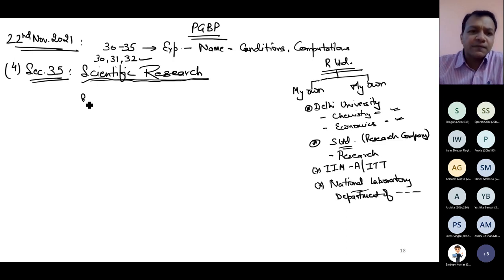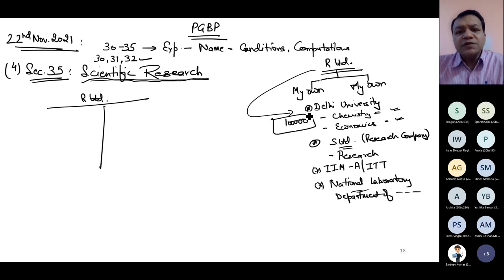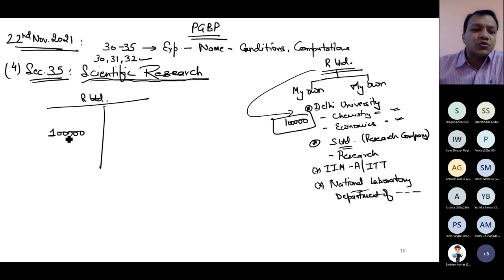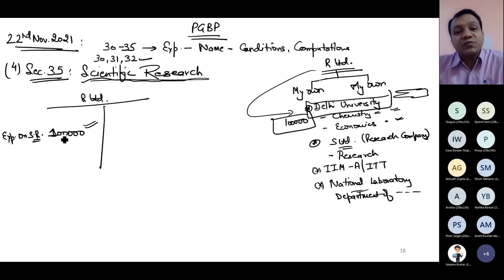Suppose this R Limited is a company, and this company has donated 1 lakh to Delhi University. Now it has nothing to do with the business of R Limited. Still, the Income Tax Act says 1 lakh you can show as deduction, as expenditure on scientific research. So Delhi University got the fund, and this donor got the benefit. He can debit this expenditure on the debit side of the P&L account, though that is not directly related to the business, but still,